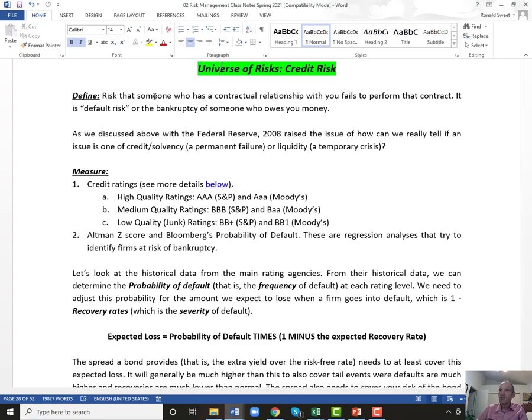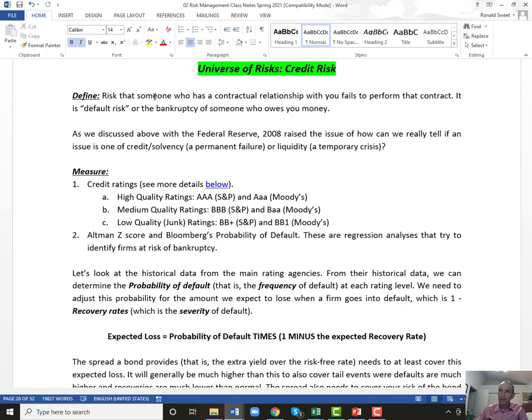They may actually do something you don't like where you lose money, but the contract allows them to do that. Someone refinances their house, and you had a 6% mortgage with them and now they're refinanced at 2%. You may be really upset about that, but that's not credit risk. That's really interest rate risk and price risk. So we're talking about someone owes you money on March 30th and they don't pay you. That's credit risk. It's also known as default risk.